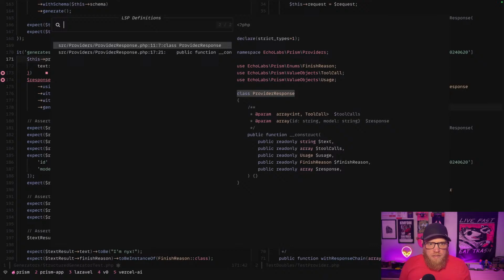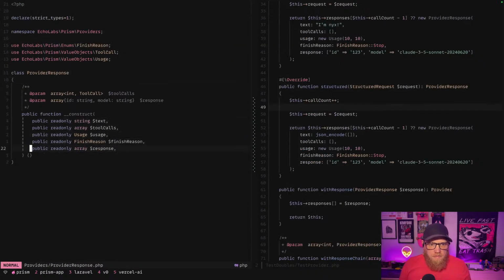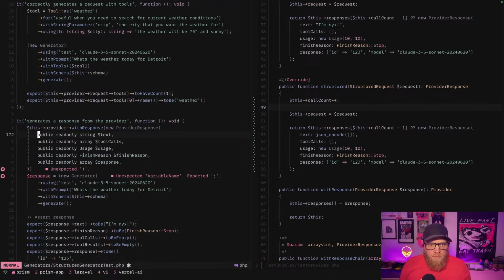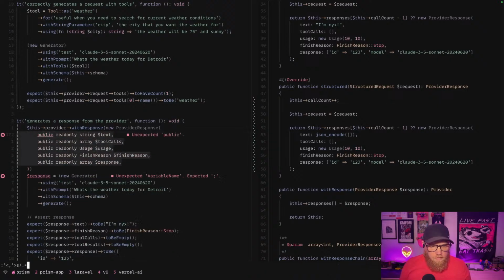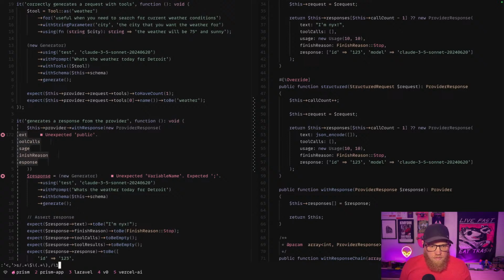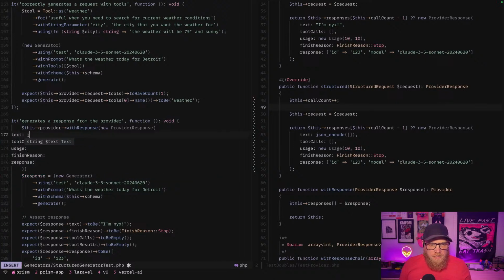You know what, let's just do this. We'll hit provider response. And then we got a capture group through a comma, and we're going to replace that with, so our text is going to be